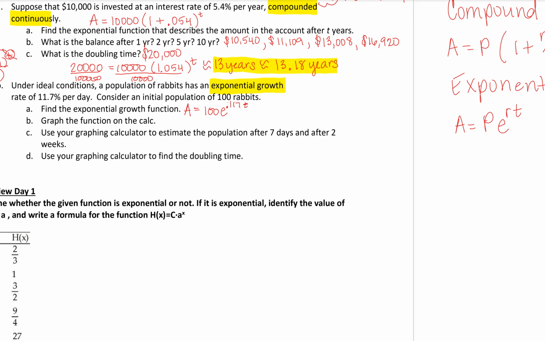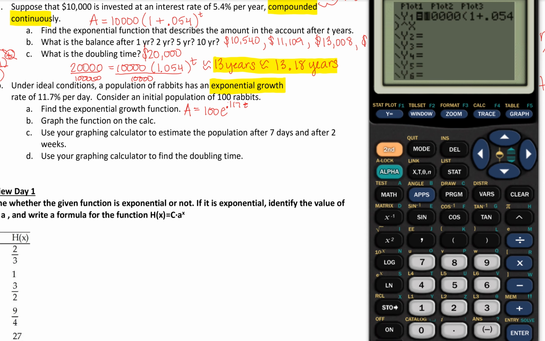Now, it says graph the function on the calculator. So we're going to do that. We're going to go into our calculator, go into y equals, clear it out, and enter 100 times e, so second ln gives me e, raised to the power of 0.117, and instead of t we use x, so just put 0.117x, close it out, and we're going to take a